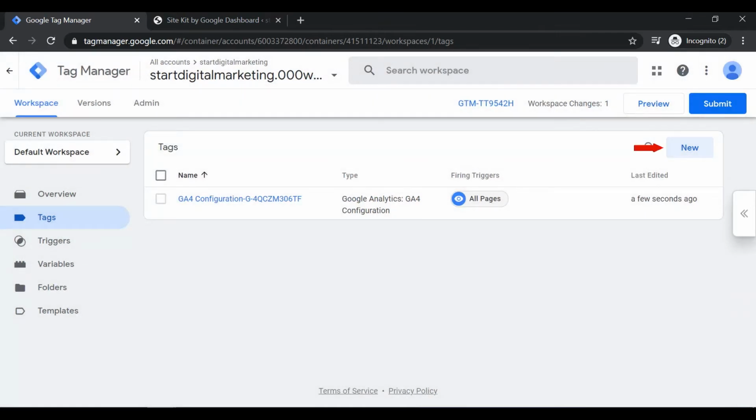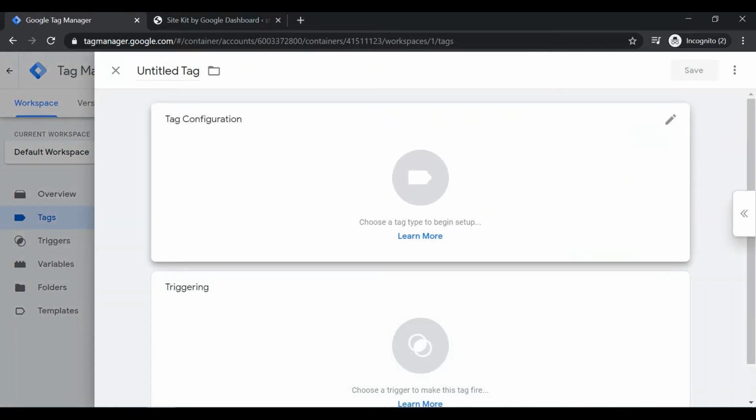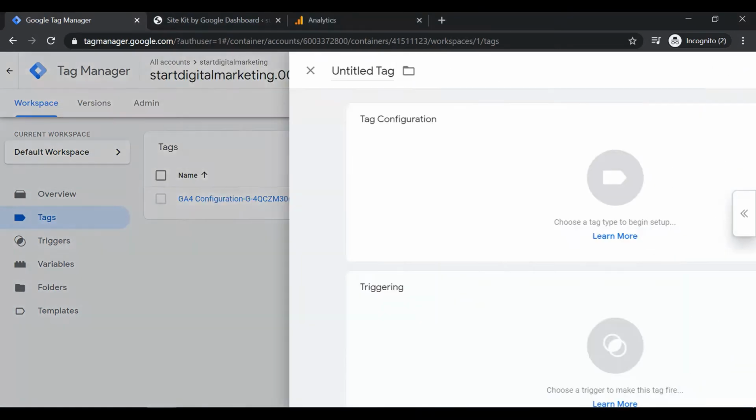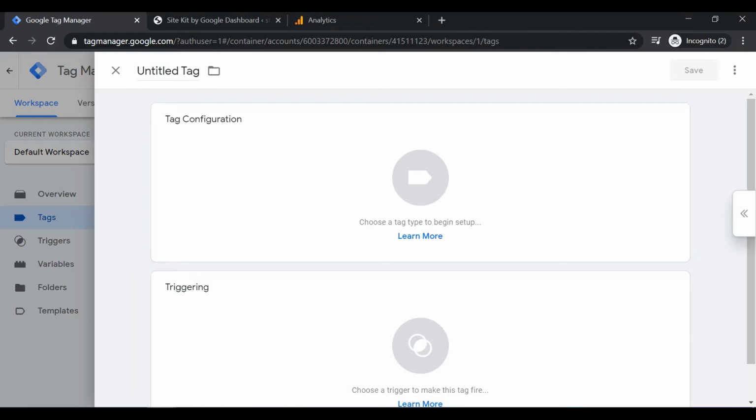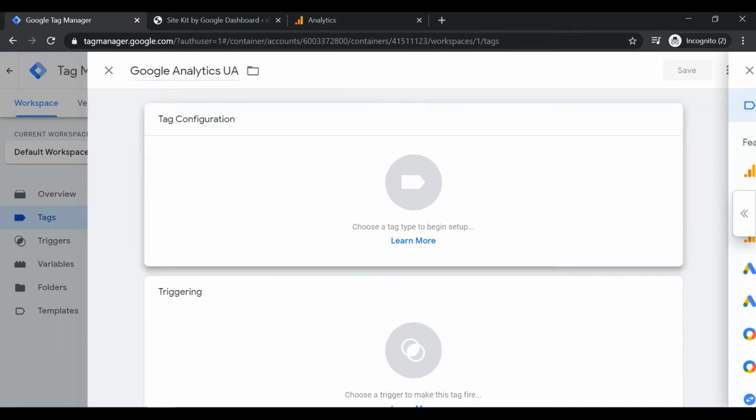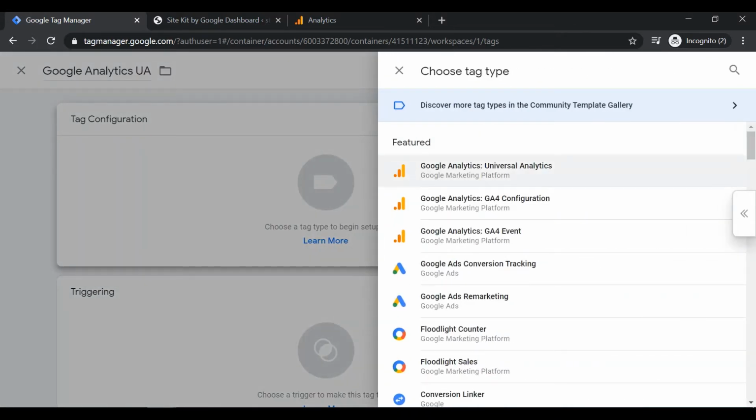Now we are going to add another tag. Click Create Tag. Name the tag. We are going to name the tag Google Analytics Universal Analytics. Select Tag Configuration. Select Universal Analytics for the tag type. This is the older version of Google Analytics.